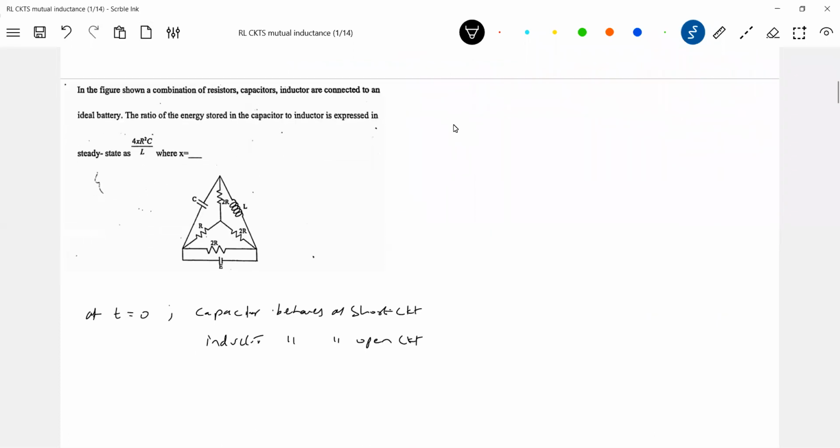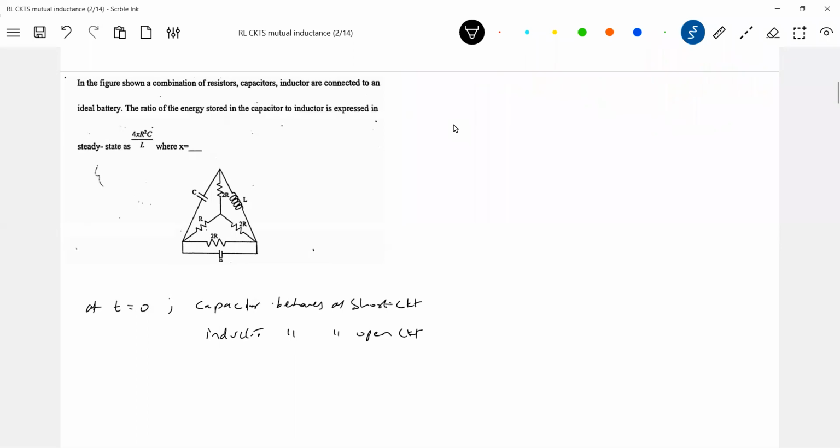Now, some problems related to RLC circuits. Both R, L, C, all three elements, resistor, inductor, capacitor, will be there. At t = 0, the capacitor is a short circuit and the inductor has an open circuit. At t = infinity,